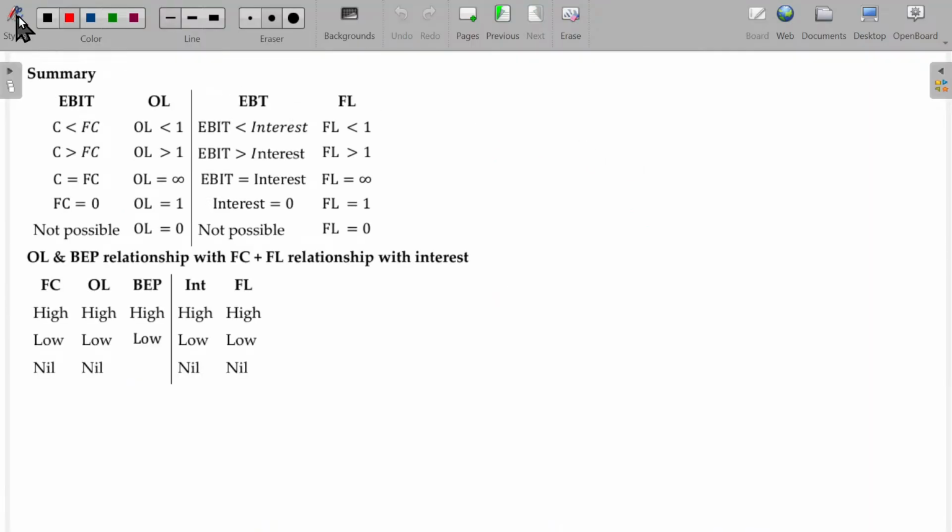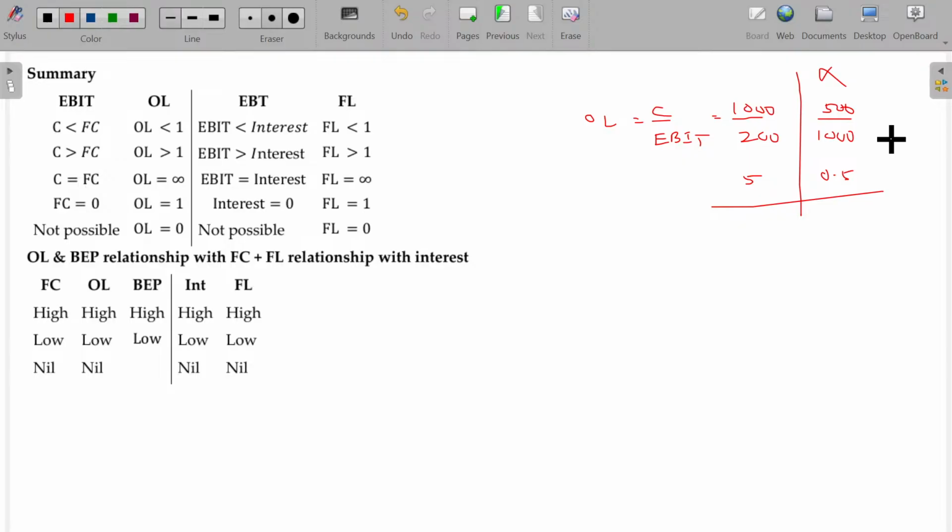Finally, a small summary. What about the operating leverage, sir? Operating leverage is contribution by EBIT. If the contribution is 1000, EBIT is 200, your operating leverage is 5. If the contribution is 500, EBIT is 1000, what happens? This is 0.5. This is the weakest situation, you have to close the business. Is that okay? Clear?